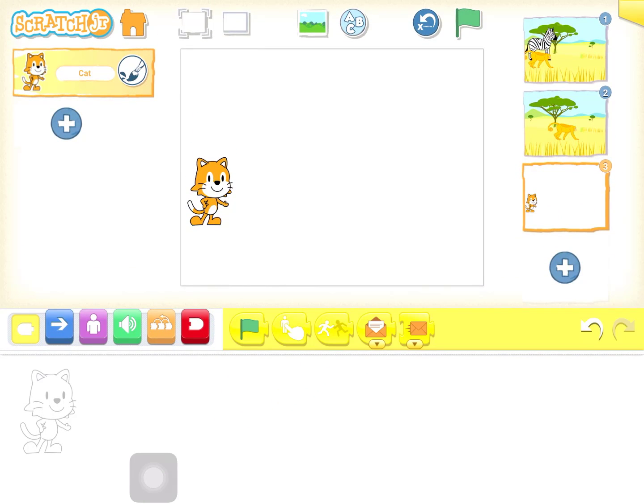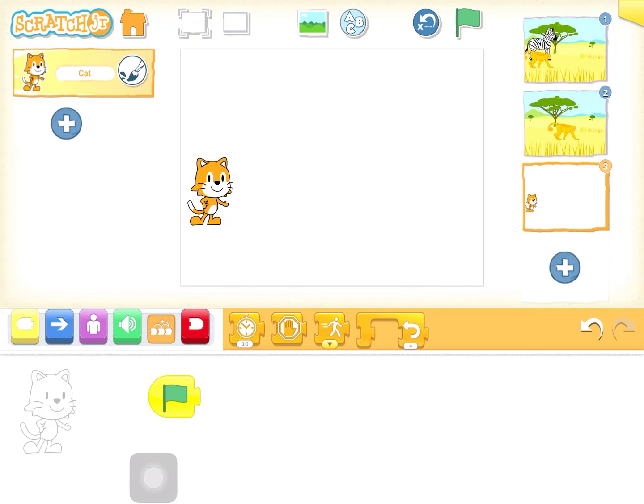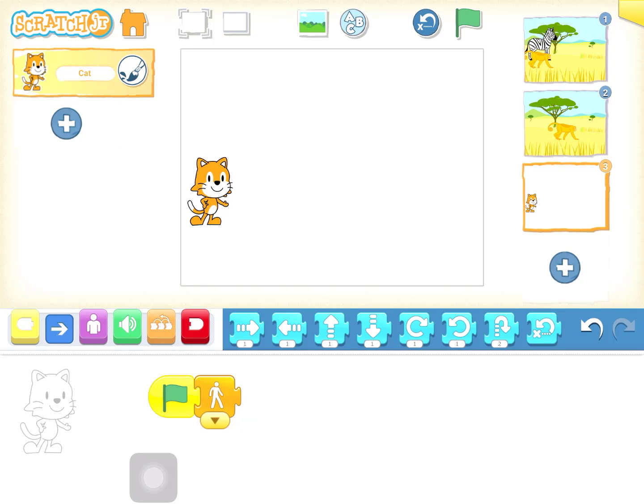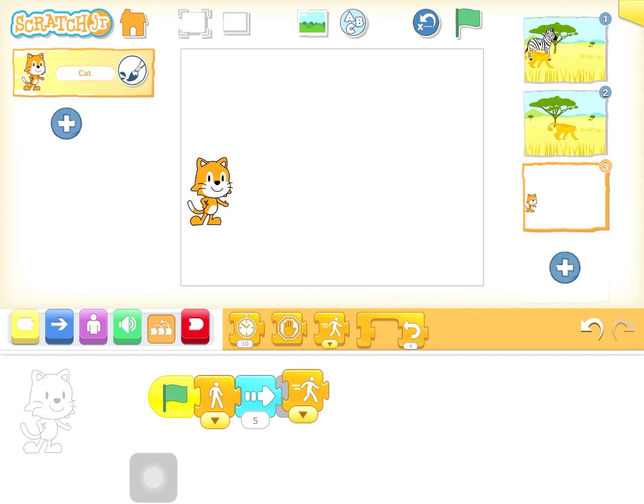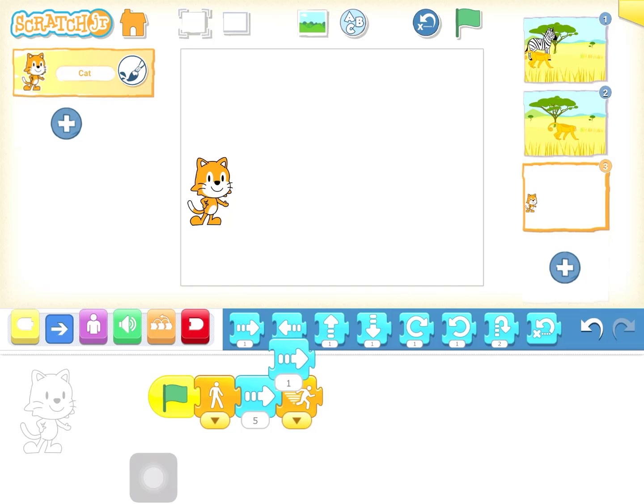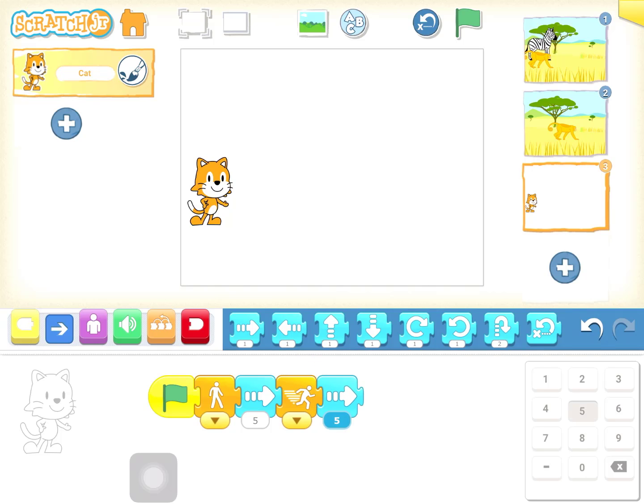So what I can do is take this flag and give them a speed. We'll go to control, I'll start the cat with slow motion, and cat will go forward, say 5 steps. Then I can change the speed to fast. And then cat can go the next 5 steps with the fast speed.